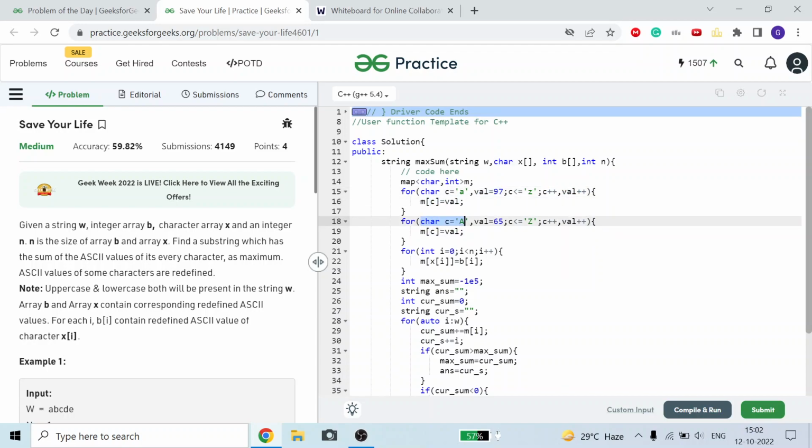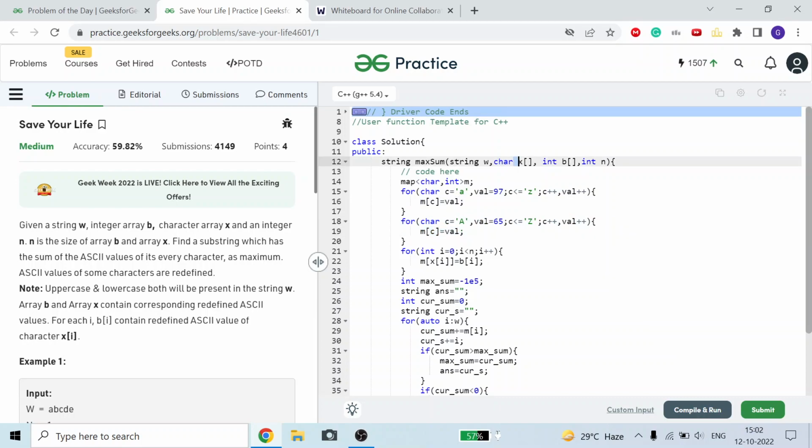Similarly, for capital A the value is 65, and for small a the ASCII value is 97. So while c is less than or equal to capital Z, meaning it is an alphabetic character, I do c++ and value++, and the ASCII value of the c-th character is value.